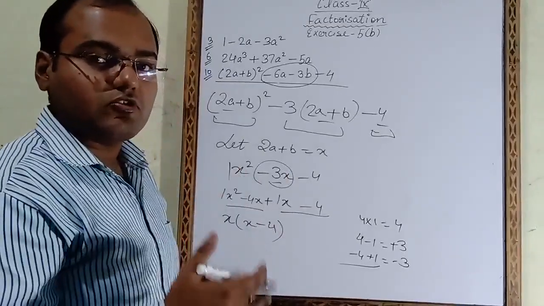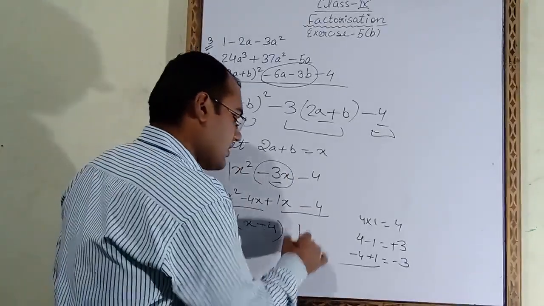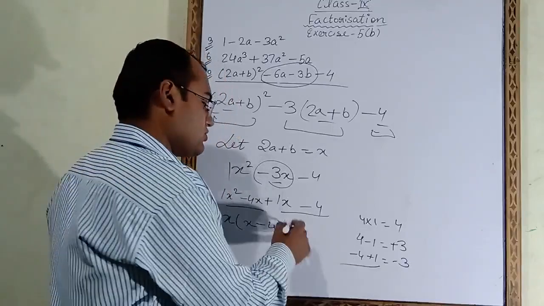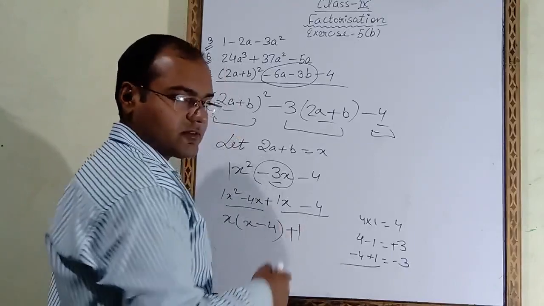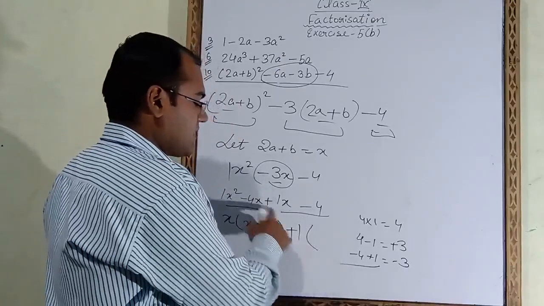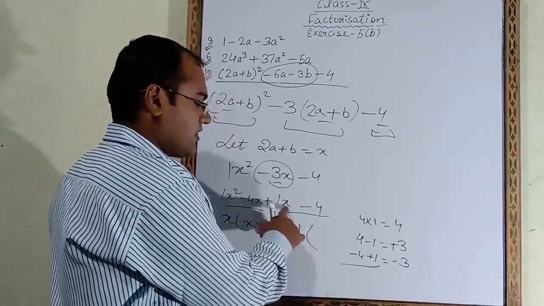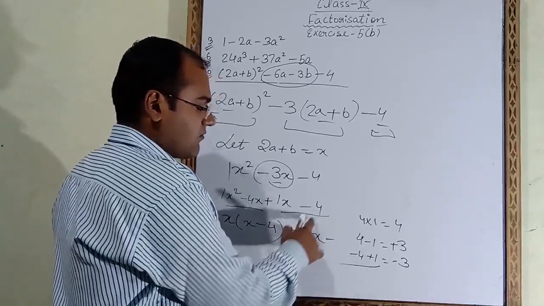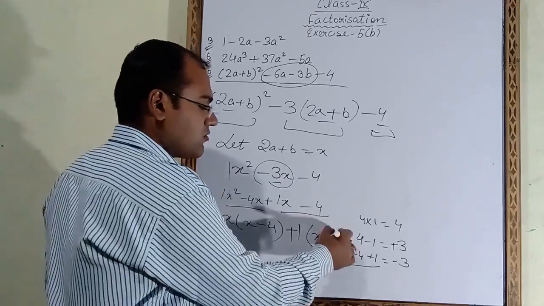So in such a case what you have to do? You have to take 1 common. 1 we will take common, but you have to put a sign also. Either you have to take plus sign or minus sign. Suppose we have taken plus sign here, as it is written plus here. So after taking plus 1, plus plus is plus only. 1 we have taken common, what is the remaining number? x. Plus minus is minus. From 4 we have taken 1 common, 1 into 4 is 4, 4 only we will get.